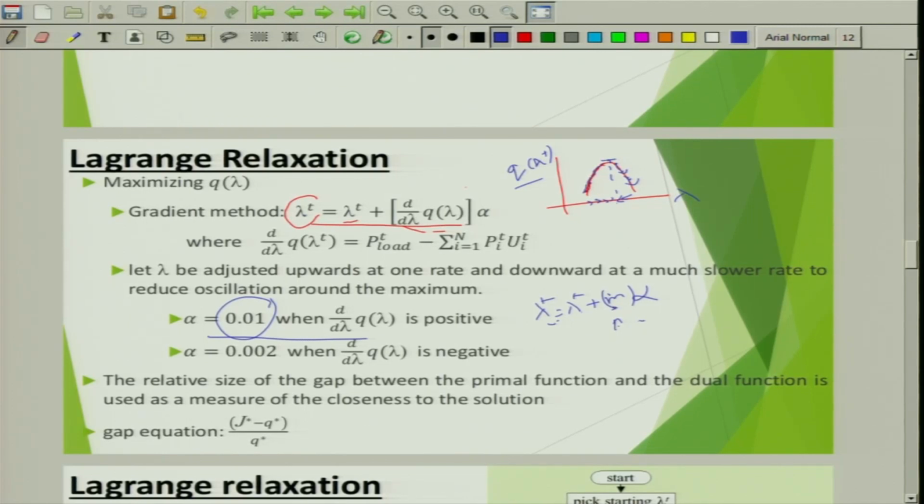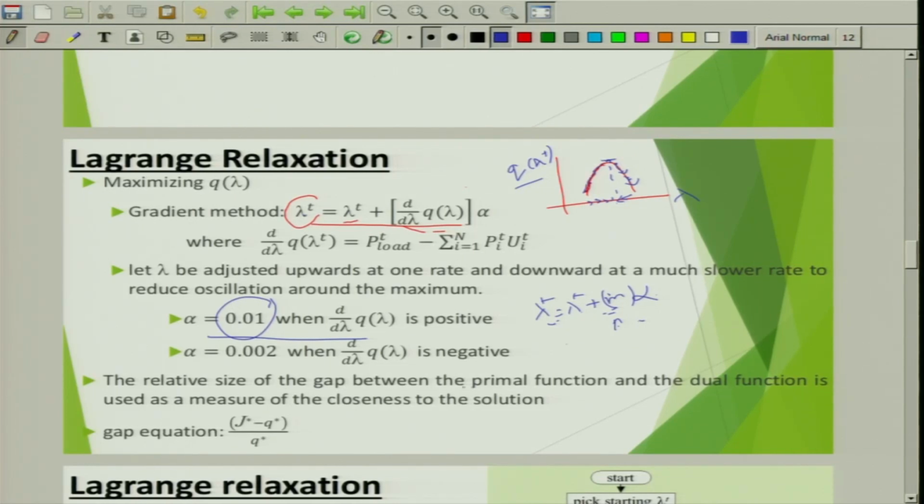Now if it is, the slope is negative, so next iteration lambda will be lesser than the previous iteration lambda, because this is negative and alpha is positive, that means you are coming back to reach the peak. So that is the essence. Now once you get this updated lambda,